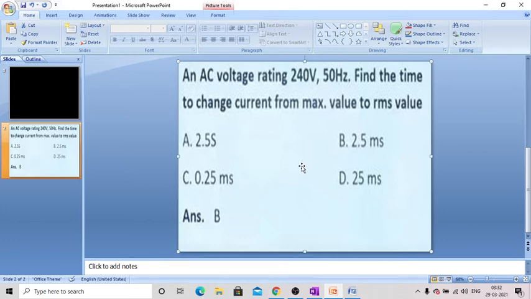The question is: an AC voltage rating 240 volt 50 hertz, find the time to change current from maximum value to RMS value. This is the question which was asked in the IIT Mains paper